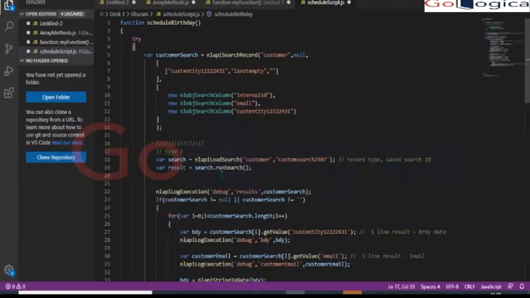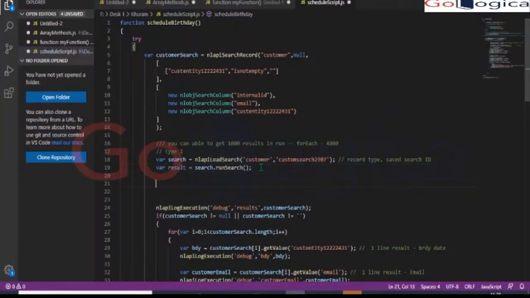You have to loop it again. So the restriction is something like this: you can only get 1000 results in a search. What if you use for each? You can get up to 4000 results. After this, you can reschedule it so that it moves a lot. That's the second part. So this is type one, and type two is you have to create a search